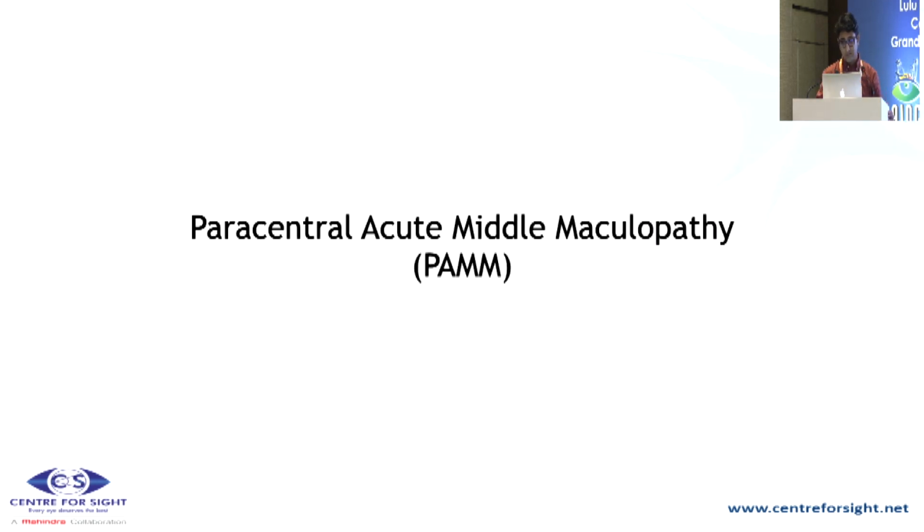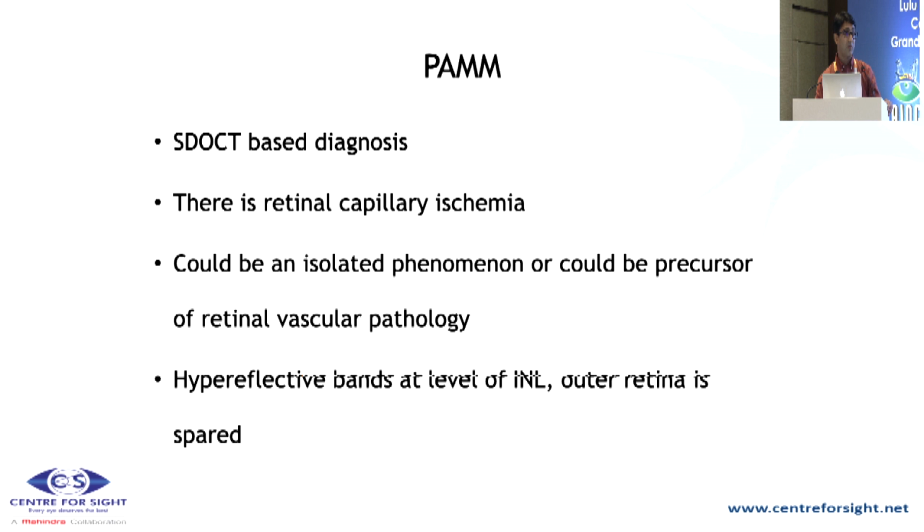An entity which I'm going to cover is PAM, which is paracentral acute middle maculopathy. It is a diagnosis which has been proposed on SD-OCT. On SD-OCT, there's retinal capillary non-perfusion, ischemia, and it could be a precursor to maybe a CRAO or a CRVO. What we see are hyperreflective bands on OCT, which are seen in the inner nuclear layer, and the outer retinal